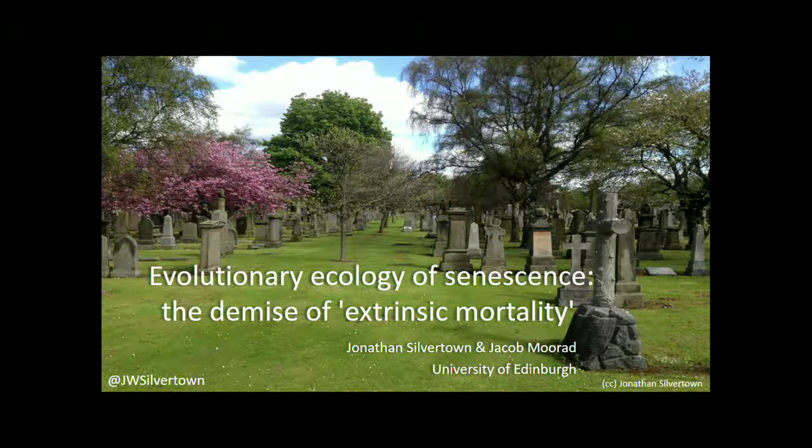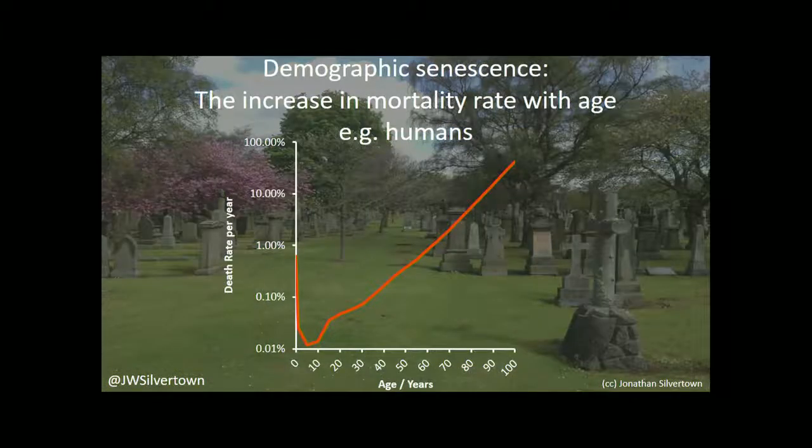We all die, and the rate of mortality increases inexorably with age. This is what happens in the human population. This is actually human females, but the male pattern is pretty similar. On the vertical axis, you've got death rate per year, on a log axis, more bad news. And on the horizontal axis, you've got age. By the time you reach 100, if you were lucky enough to do that, the chance of making 101